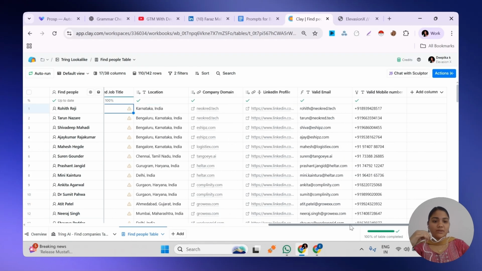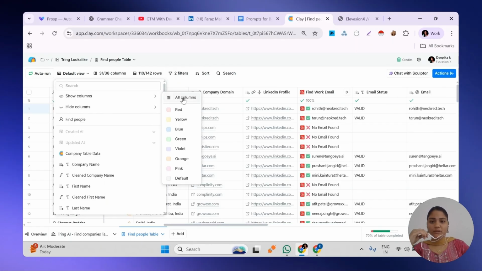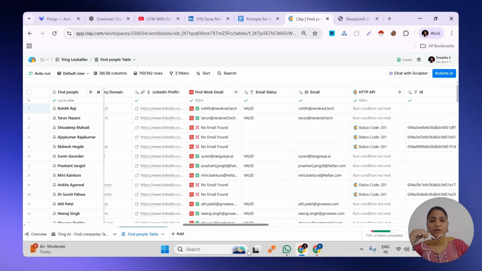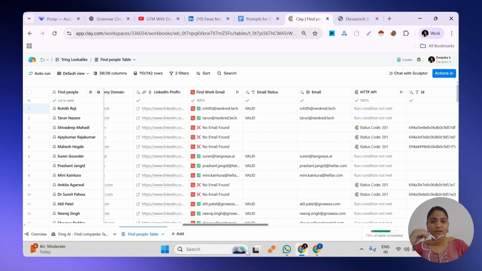After that, the main thing comes in: a valid email and a valid mobile number. We have to find both of these one by one. For that, I already found and entered the valid email and valid mobile number. I'm just showing you how I did this. So I'm unhiding everything. I hid it because it would confuse you. This is how the email and phone number process looks.